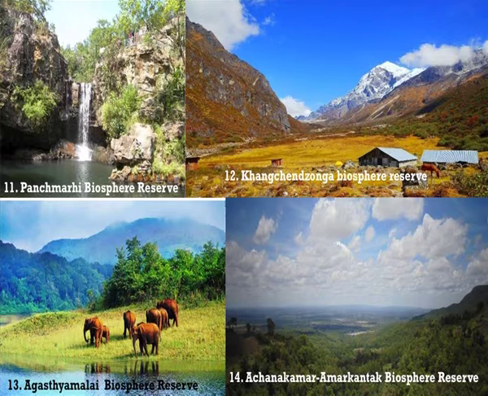The next we come to is the Achanakmar-Amarkantak Biosphere Reserve, which is found in the state of Madhya Pradesh and parts of Chhattisgarh. Here the rivers Narmada, Johila, and Son drain it, and again it is in the southern central part of India. So, naturally the habitat, the flora and fauna are different. Here you find the cheetahs, the blackbuck, giant squirrels, barking deer, and the Mudia, Gurva, Agaria, and Rajgond tribes inhabit this particular biosphere reserve. We have the Achanakmar Wildlife Sanctuary in this biosphere reserve.